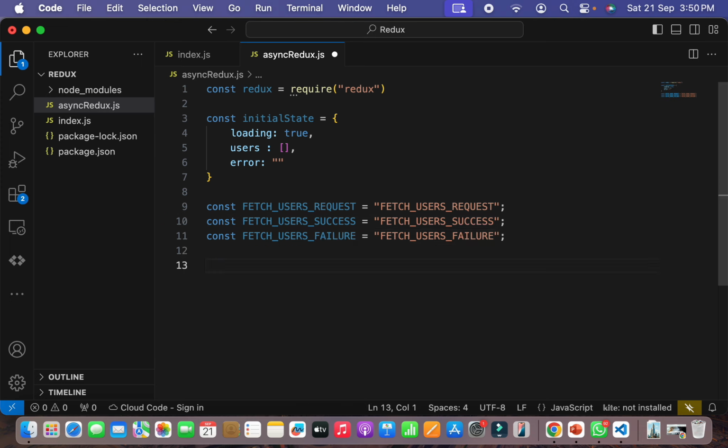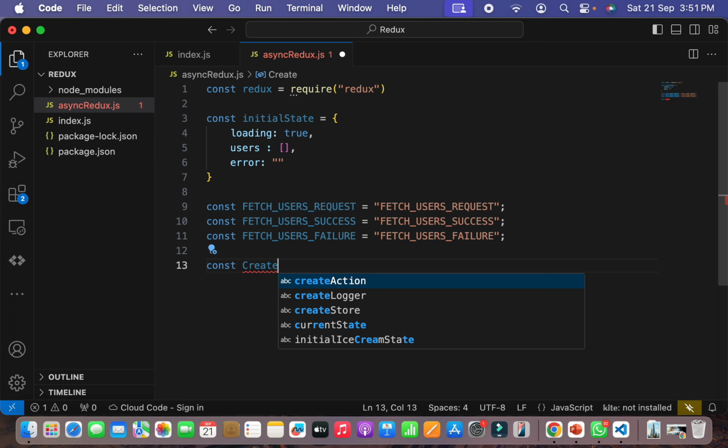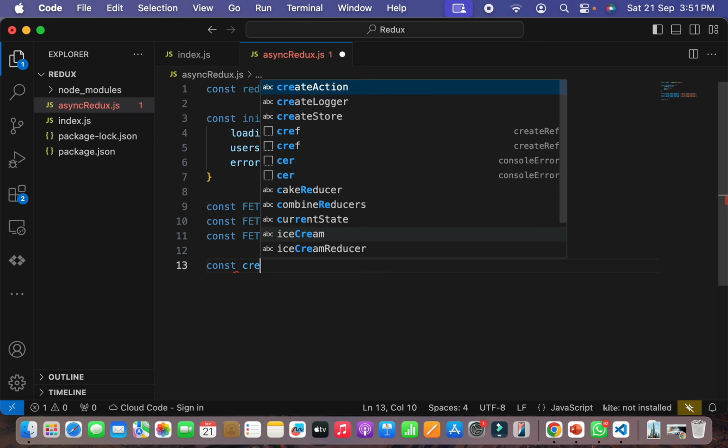So now what we have to do here is, we had saved our actions in constants. These actions we will be performing. Why do we save them in constants? To avoid spelling mistakes. Now we have to create methods that will allow us to create an object of actions. Let's say const. First of all, our first action will be API call, or create, I can say create fetch user